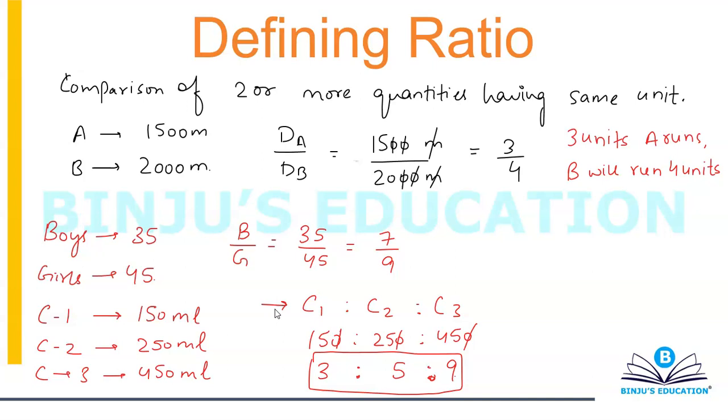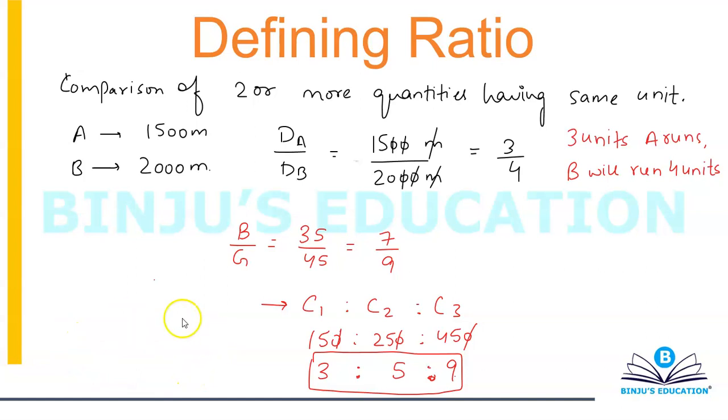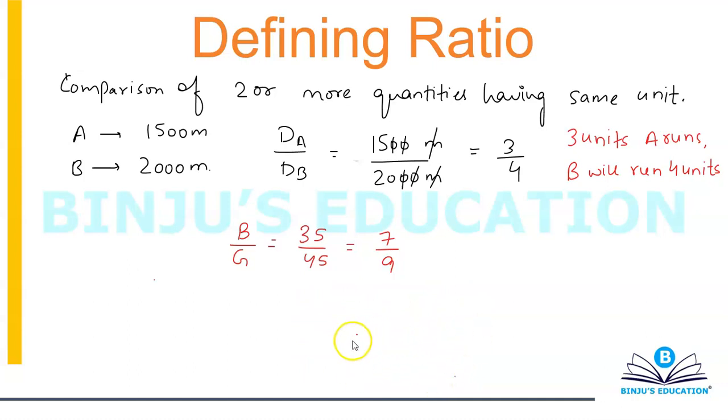So what is ratio? Ratio in simple terms is simply a comparison, that's it. Now remember that when you talk about ratios, whenever you have absolute quantities, absolute quantities are quantities which can stand on themselves. Like for example, A runs 250 meters. There are 35 boys in a class. So these are absolute quantities. These are something which can stand on themselves, which you can relate to or imagine.